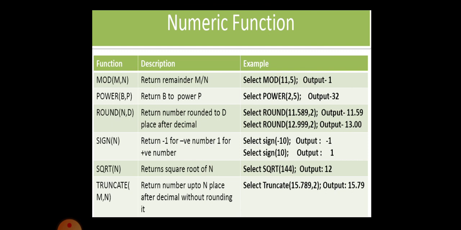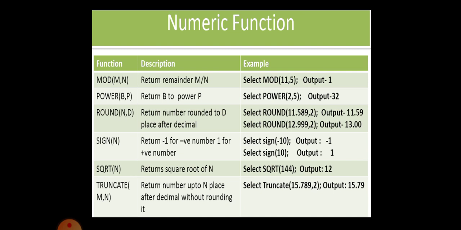Look at the second example given, 12.999 comma 2. So your answer becomes 13.00 because after the decimal point the digit given is 9. So automatically it adds 1 to 12, the number 12. So the output becomes 13.00. That is the number of digits we need after the decimal point, 2.